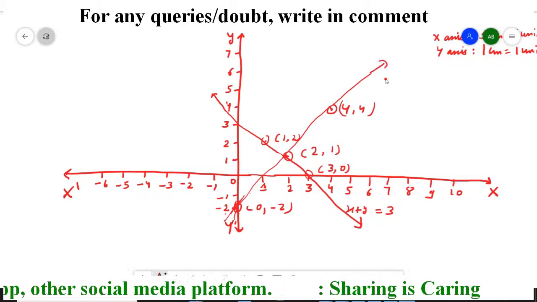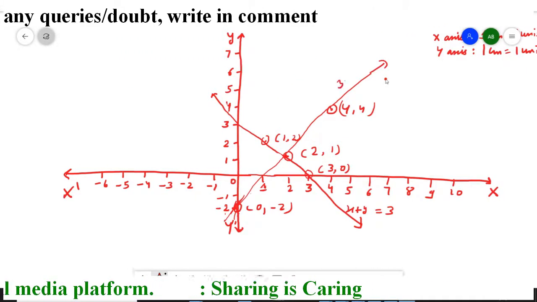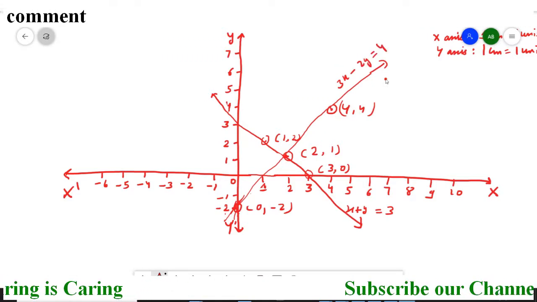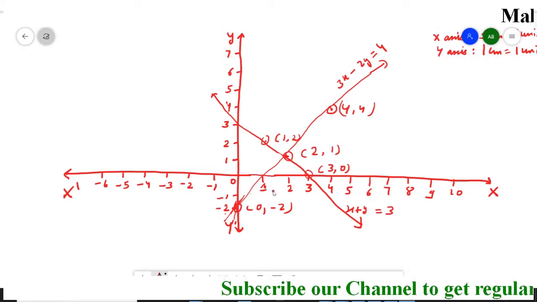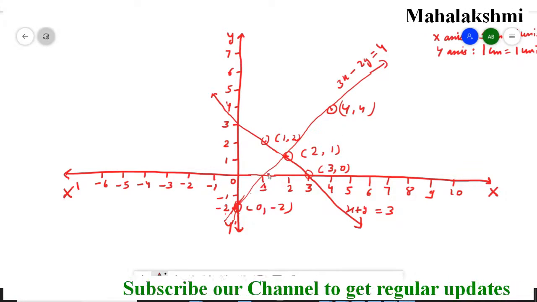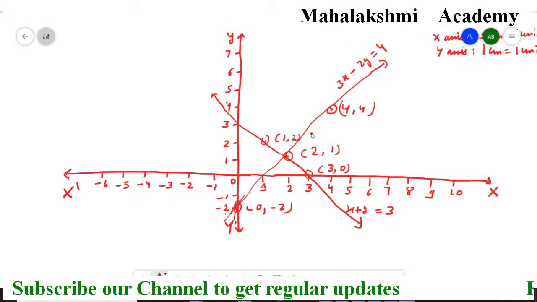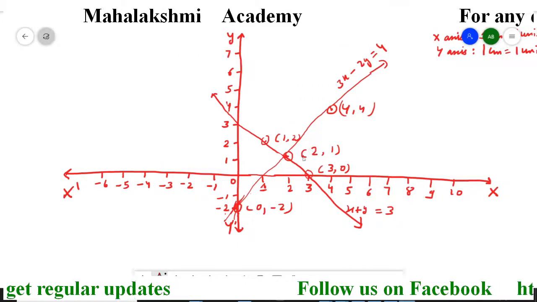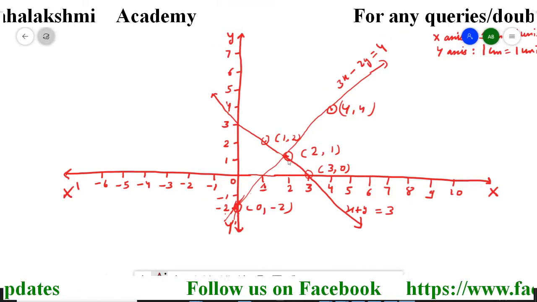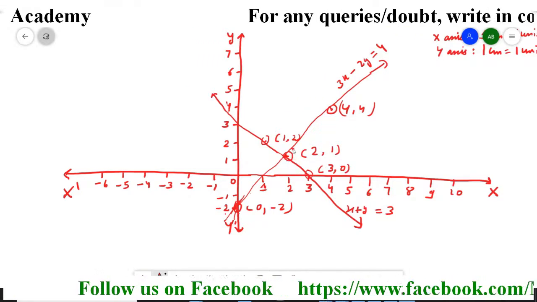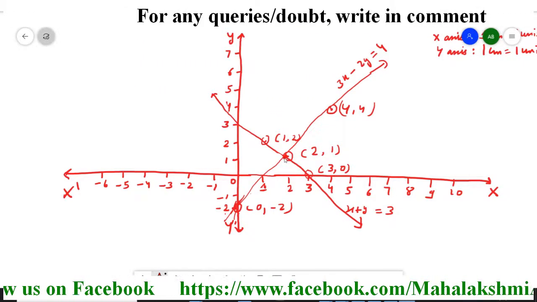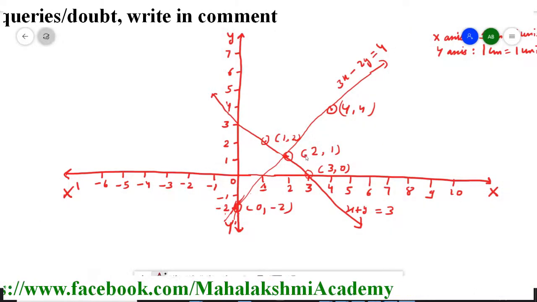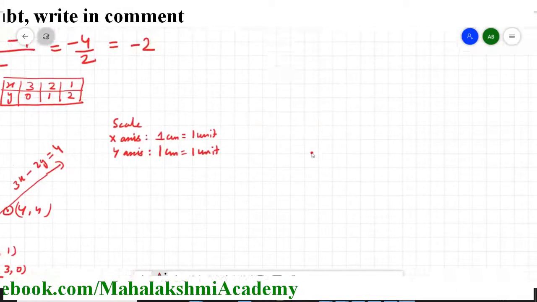So on this line, just write down the equation name. The equation name is 3x minus 2y is equal to 4. This graph is appearing very untidy because I simply used a pen. I can't use a scale here. When you draw it with a scale, the lines are going to be very straight and very neat also. And at that time you will find that both lines are exactly passing through (2, 1). So the graph is intersecting at one point. So the graph has a unique solution. Unique solution means one solution.